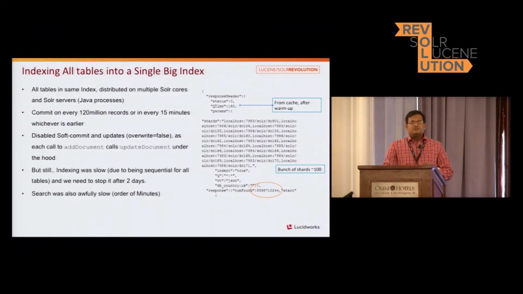When we did the first search, after some cache warm up, it took the order of minutes. I mean, it went for minutes. So we tried again after the cache was warm, and it still took 160 milliseconds, which is quite huge, not a small time. So we needed to choose some different architecture or approach that would be able to scale the search, because indexing is not the only issue. We need to think about the search perspective also.